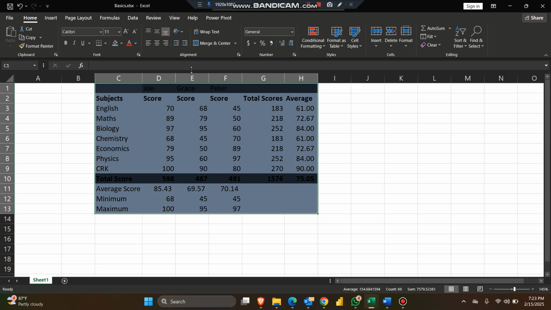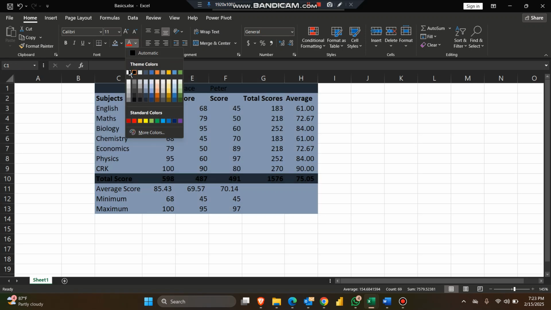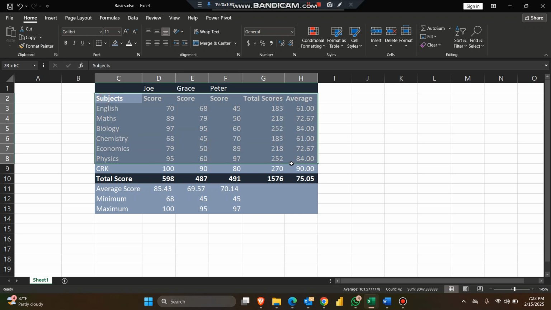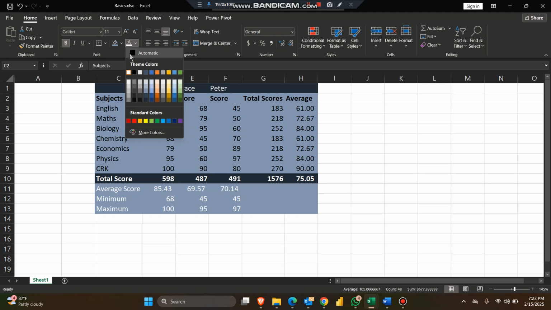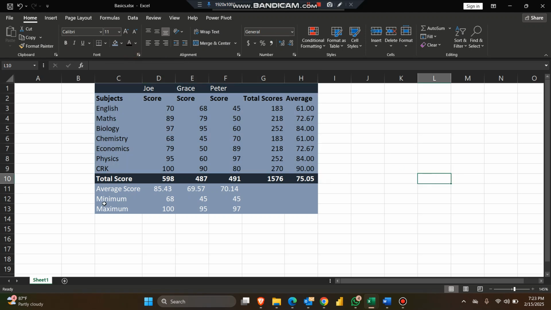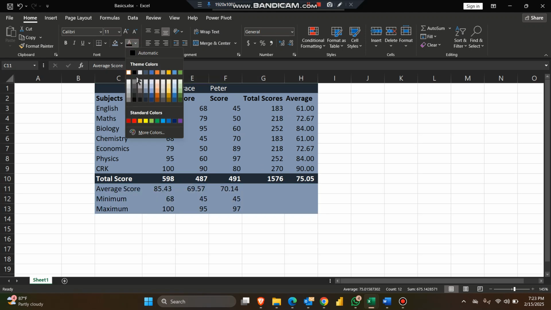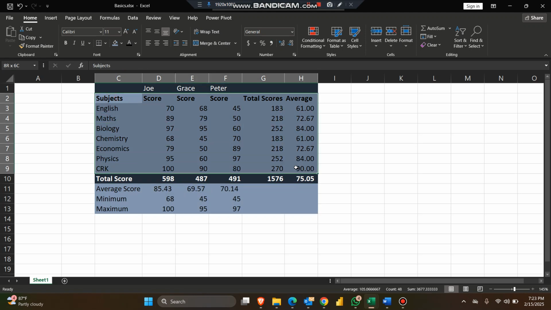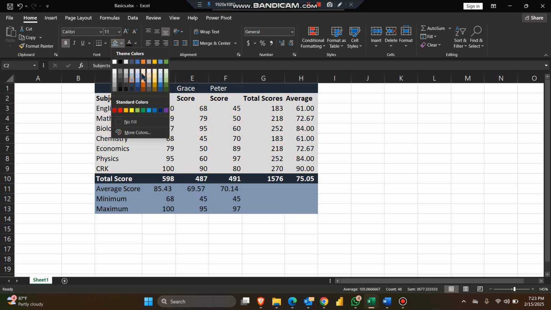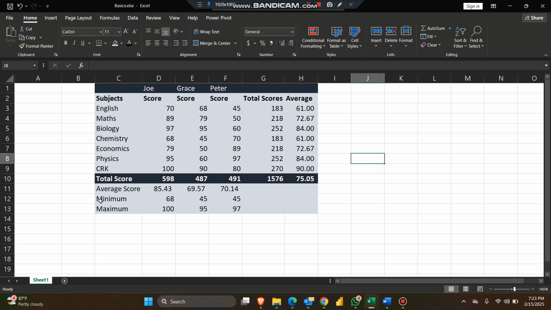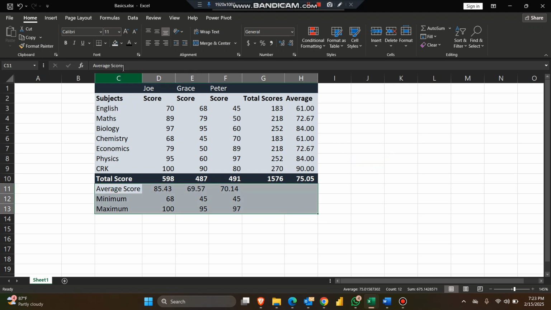I can decide to now turn the whole text in this into white color. Is it appealing to the eye? It's not. So I think I'll just turn these ones back to automatic. Okay, yeah, it's making a type of sense to me, though the background shade is too dim, so I think I might have to change this, right? So let's get something that can easily, okay, let's see. Yeah, something like this can also be okay. Something like that can be okay. Now we can even make here darker, because these are averages for the